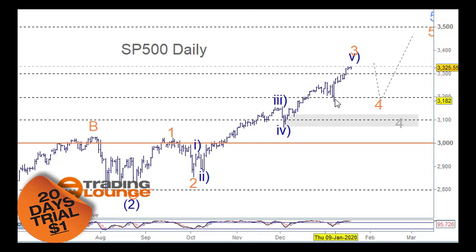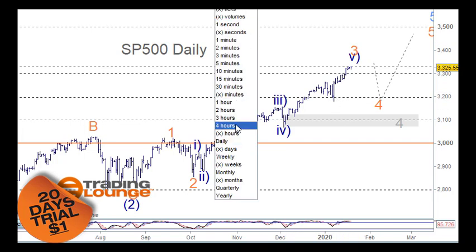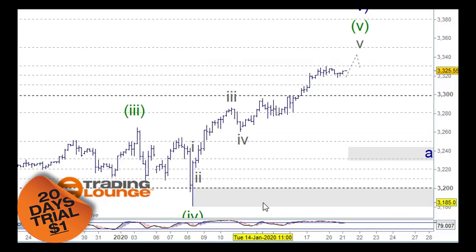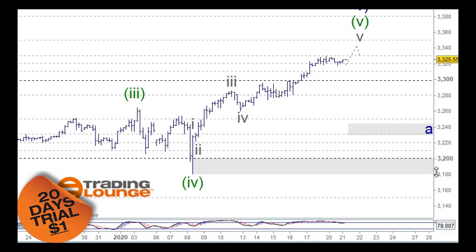So picking it up from this green wave 4, starting with the 4-hour chart here. This is the way that we've been looking at it in terms of 1 and 2 here and 3 here and 4 here, and then looking for wave 5 up here. I don't think that's the actual count though, so there's a couple of variations on that, and I also want to